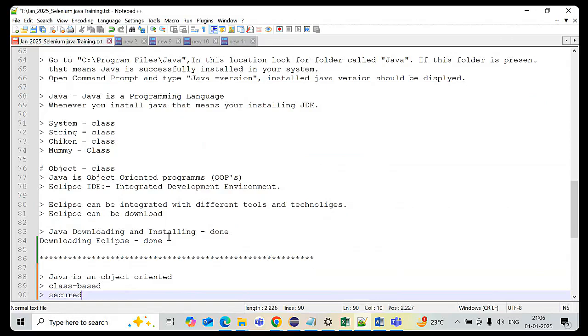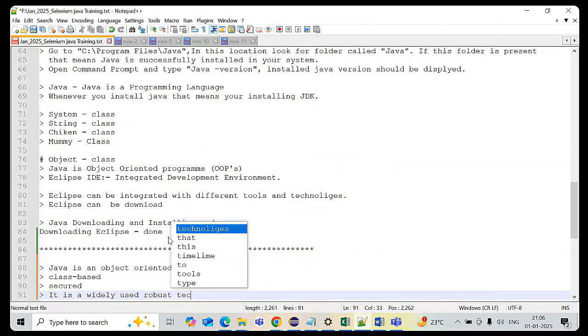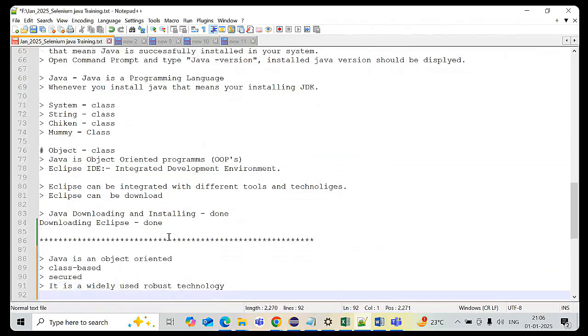Java applications are secured, and it is a general purpose computer programming language. It is a widely used robust technology. So if anyone asks you what Java is, Java is an object oriented programming language,